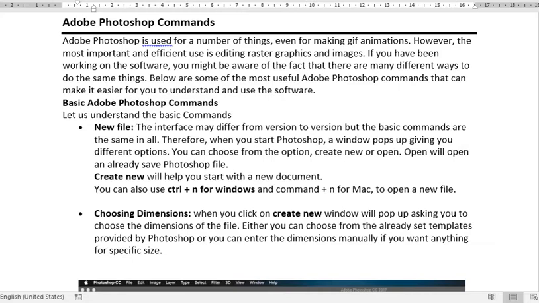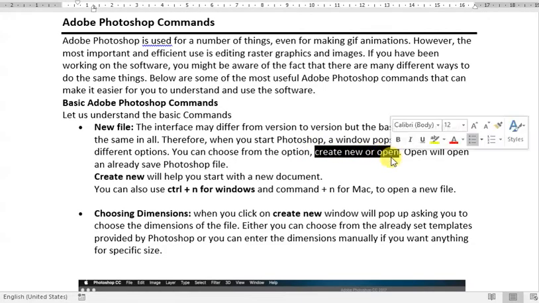So when you start Photoshop, a window pops up and gives you different options, and you can choose from the options create new or open. Open will open an already saved Photoshop file.